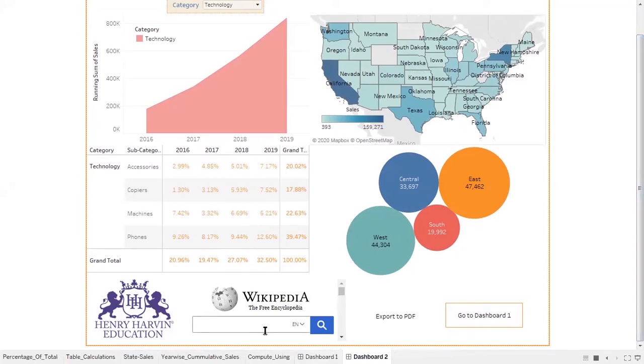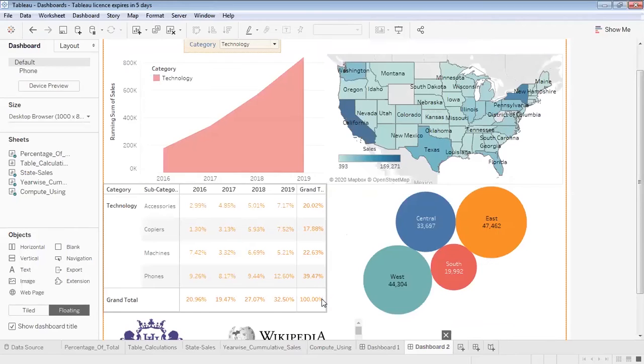It's just a link to the Wikipedia URL, so it is not there in our Tableau workbook. That's why Tableau is unable to take a snapshot of this particular thing over here, the Wikipedia web page URL. I'll press escape to move out of the presentation part. Now I'll tell you how to add a text in this dashboard.